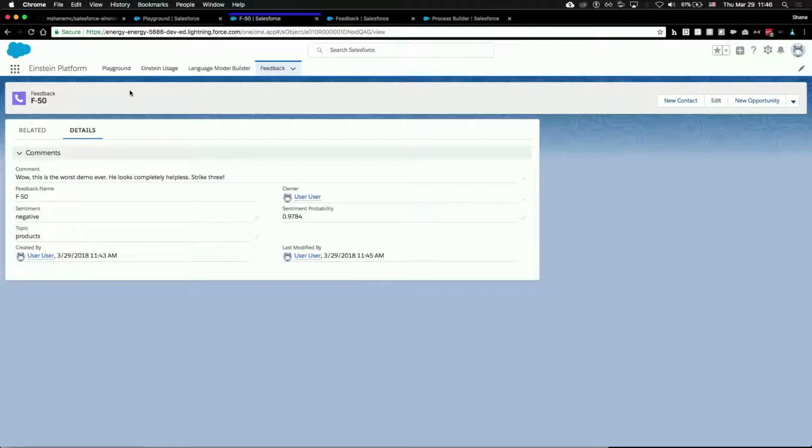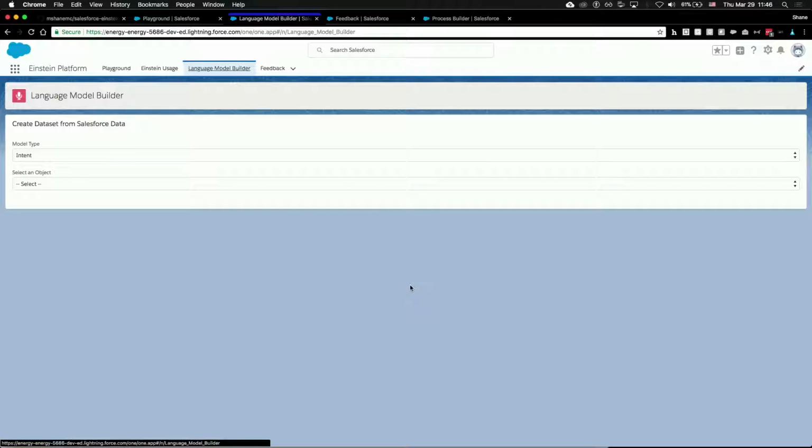And so the package that I have installed is available on our GitHub. Renee and I built this, and I'll show you what the models look like in a second. But first, we're going to do the builder. And so this is part of the package. You'll get this. And so what we're going to do is kind of like what we did in Process Builder, but backwards. We're going to say, what kind of model are you building?